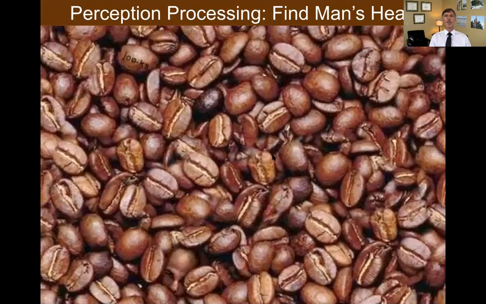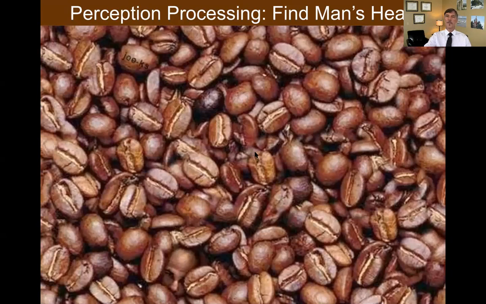And finally, one other perception processing that is kind of fun to think about is this: here's a big picture of a lot of coffee beans. You can again pause the video if you'd like, but take a few seconds to minutes and find the man's head that's located within here. And once you find it, you're done. It's basically just trying to locate that, but there are some strategies for these. You can pause,